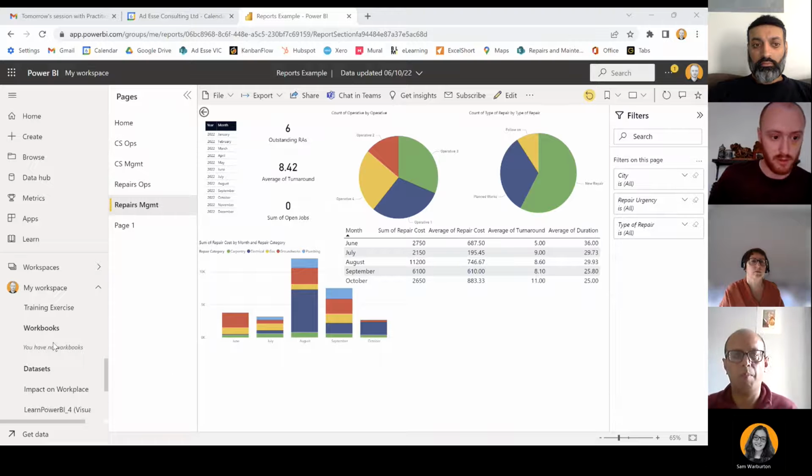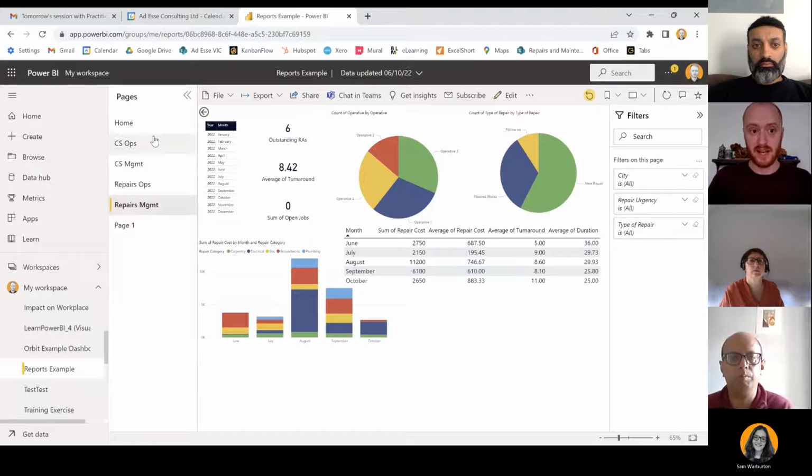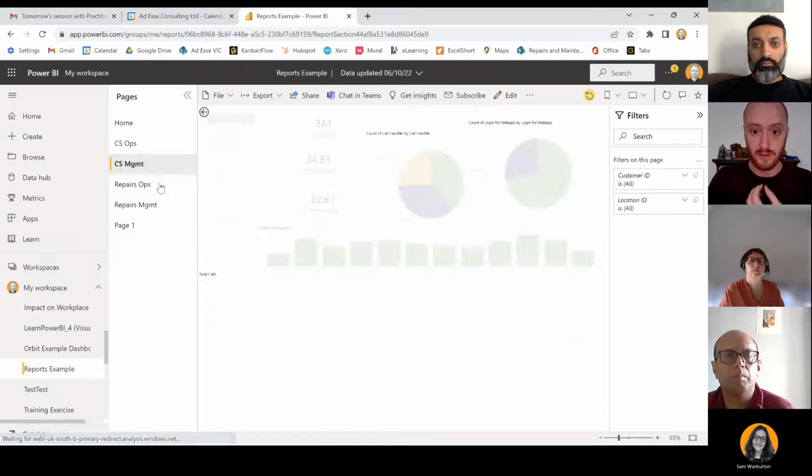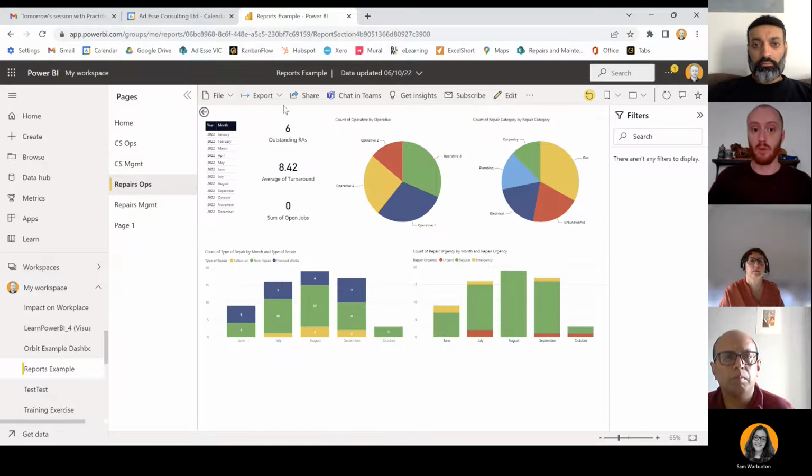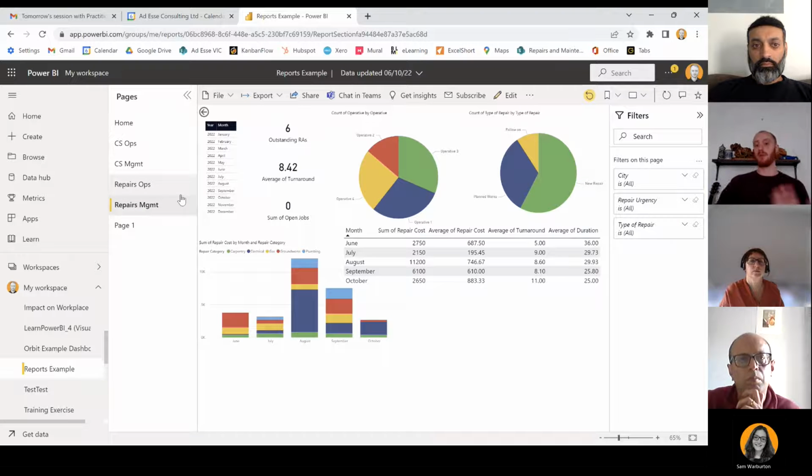So we pasted our example report. We have the items we want on this. What we can do at this point, we can share out certain reports to certain areas. So let's say we have the repairs function. We only particularly want to look at certain areas within that repairs function. So we can send off particular reports in certain areas. On top of that, we're also able